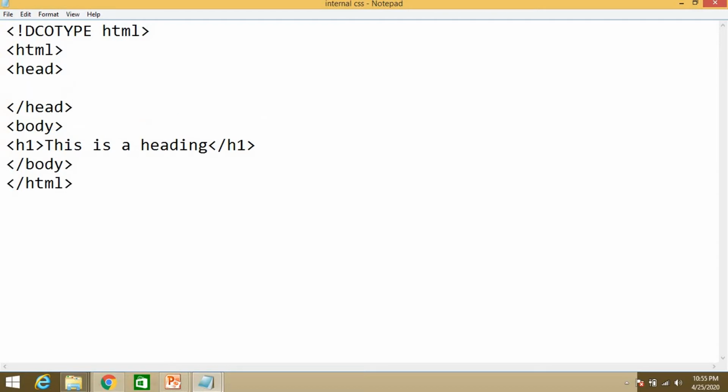What you have to write over here is link, rel, that is the relation, equal to stylesheet. After that you write type, which is text/css, and after that you give the reference of your file, href, that is reference.